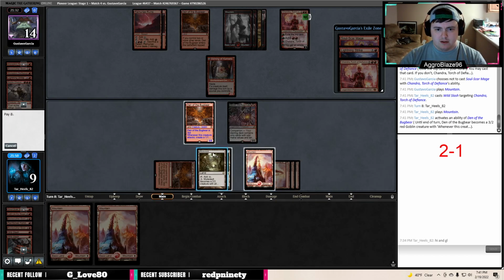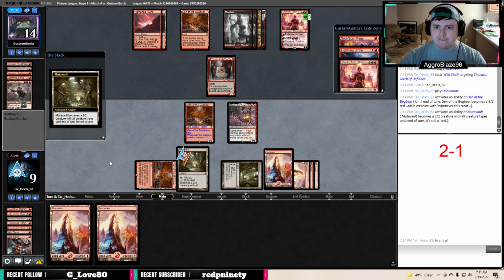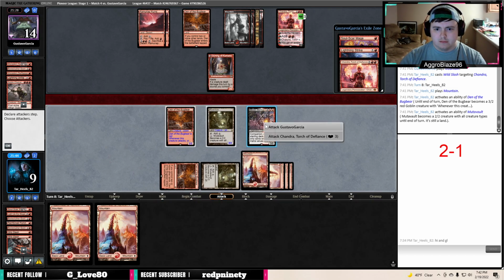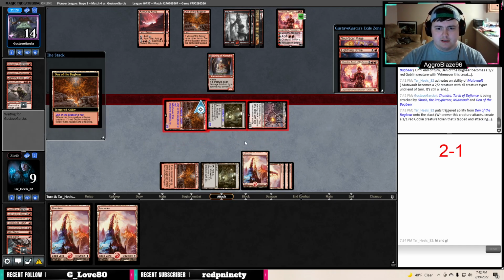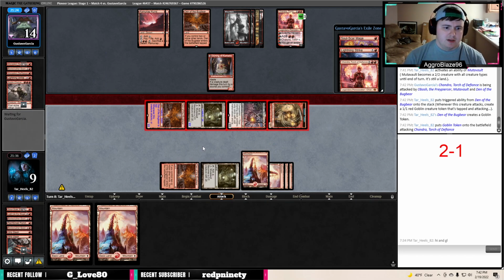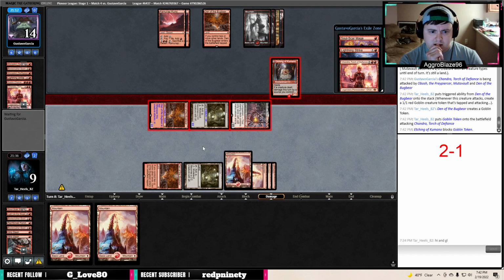Nope, cancel. Let's attack Chandra. Now, unfortunately, the only thing that deals double here is Obosh. But even if they fire up the end of the Bugbear here to block...